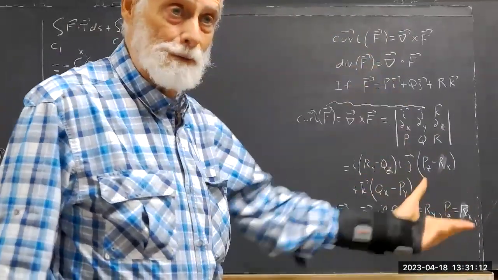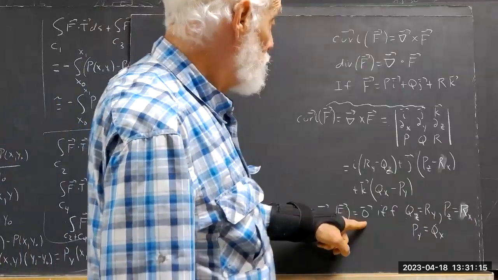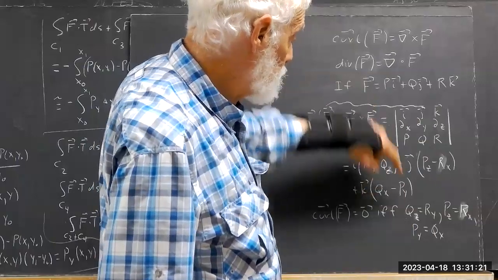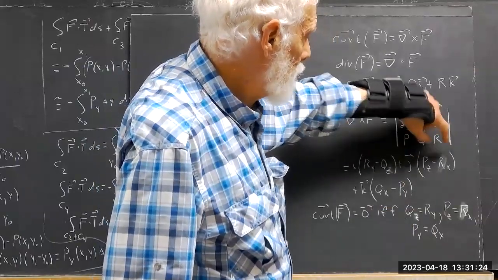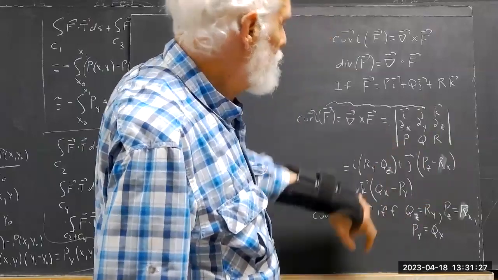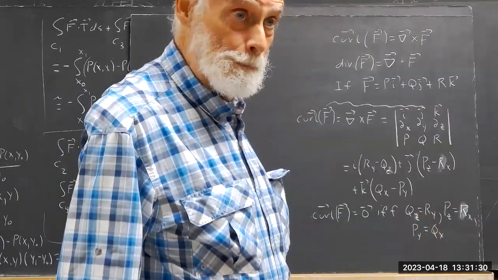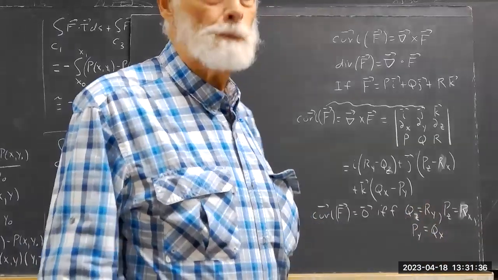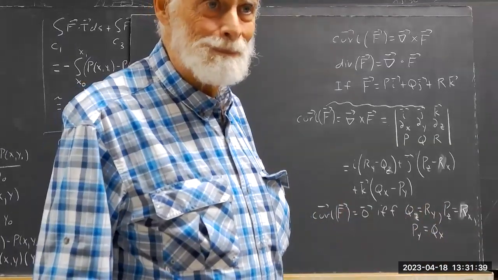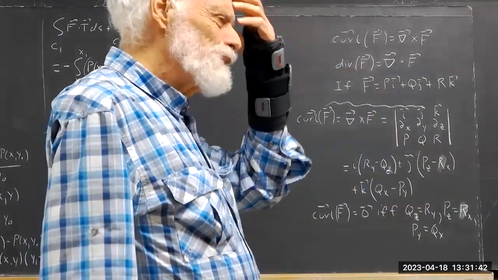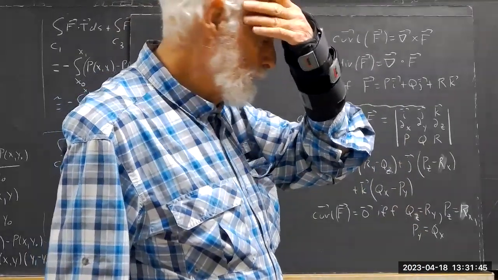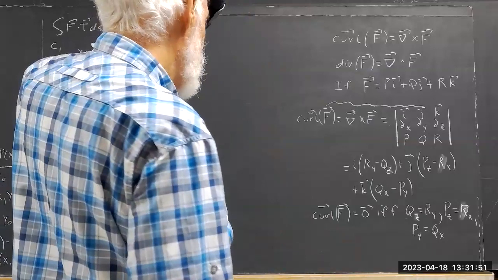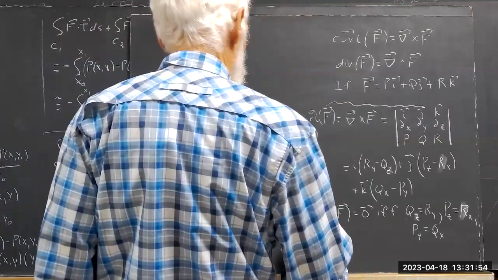But if you write this out correctly, it's obvious that the only way this is equal to the zero vector is if this is zero, this is zero, and this is zero. The only way this is zero is if RY equals QZ. The only way this is zero is if RX equals PZ. And this one, QX equals PY, okay? Now they call this the cross partials test. I never heard of the cross partials test, so I looked at this book. I'm not sure why they do that. I can kind of see a logical reason for it, except that this is much simpler. The key is that F is conservative